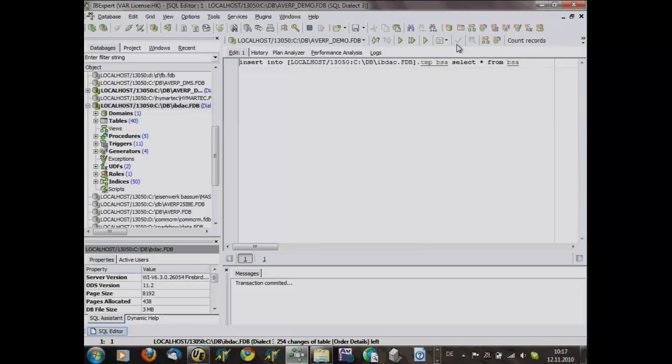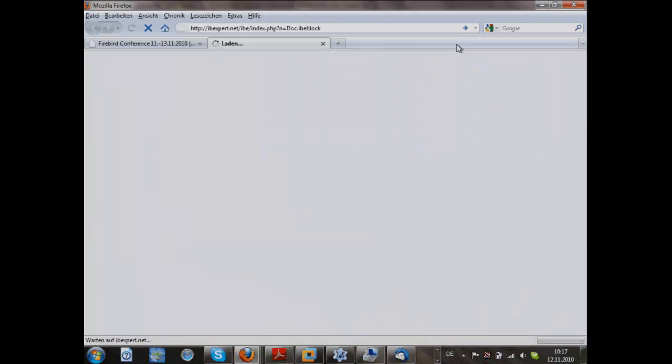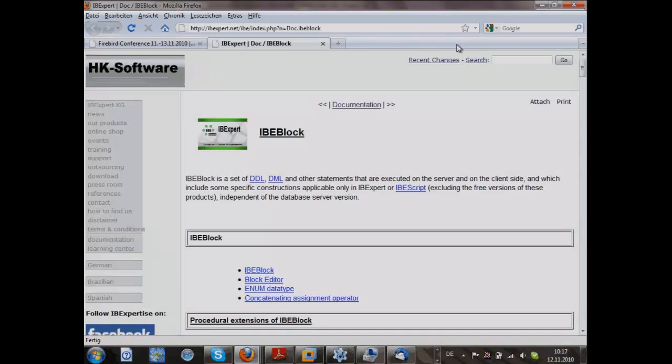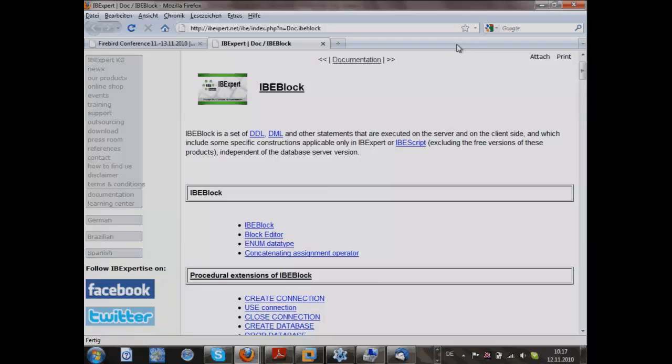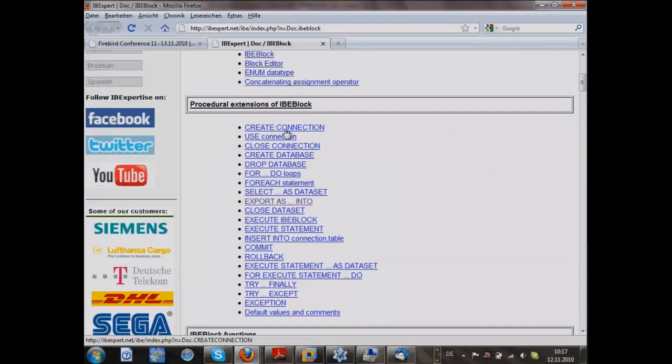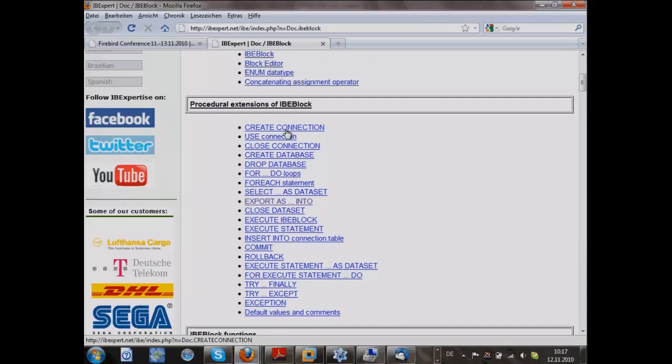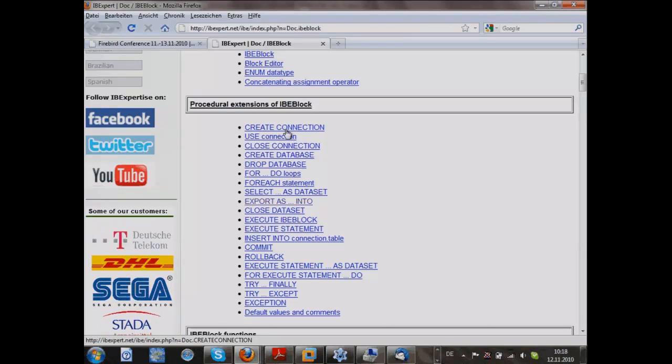Yes, we have the possibility to use almost everything in almost the same syntax from an IBE block. IBE block is a scripting language that we have implemented inside all IBExpert tools. And you can, for example, use IBE block to create different connections from one script.